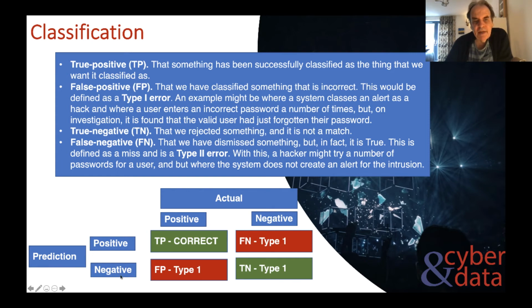And then we make a prediction. So if we identify something correctly, and it's actually correct, then that's a true positive. For the negative, if we also identify it as negative, then we have a true negative. The two types of errors that we have are the false positive and the false negative.